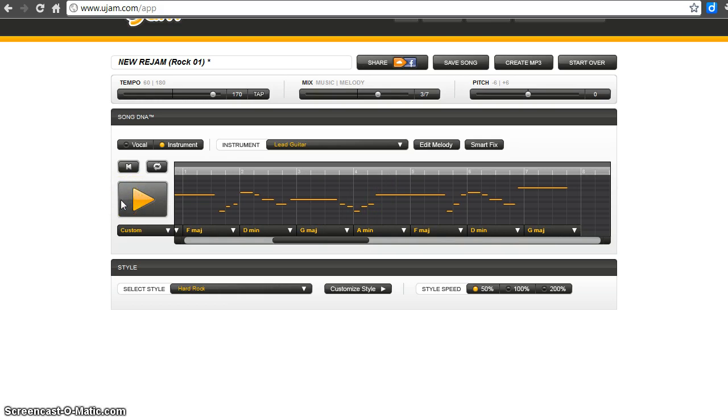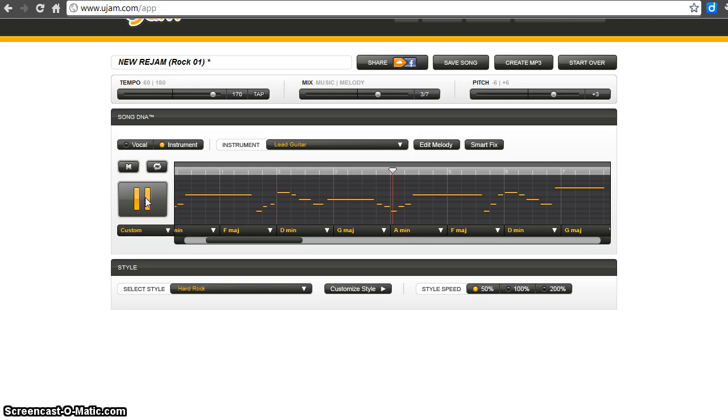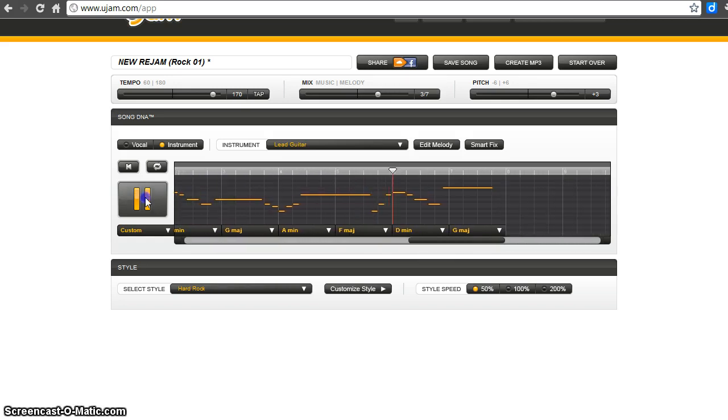Alright, now to make it more of a guitar solo kind of tune, I'm going to change my pitch to +3. We'll see how that changed it. Okay, you can tell that the guitar definitely raised its pitch just by changing that. And now I've created a pretty simple guitar solo kind of tune, and I like how that sounds,